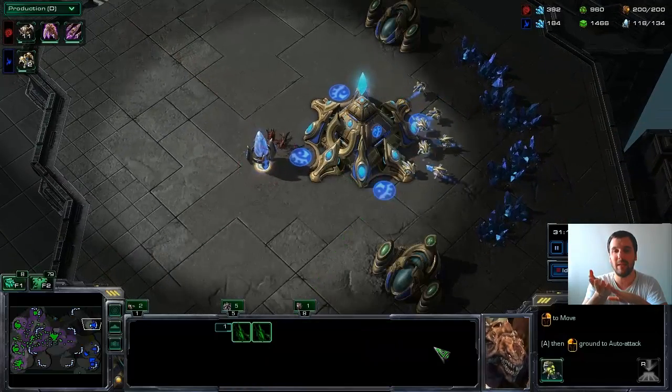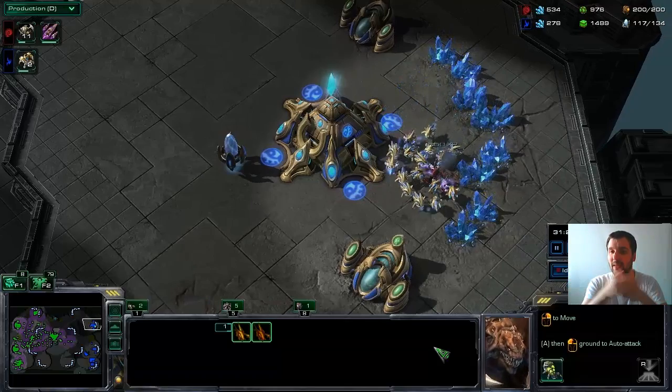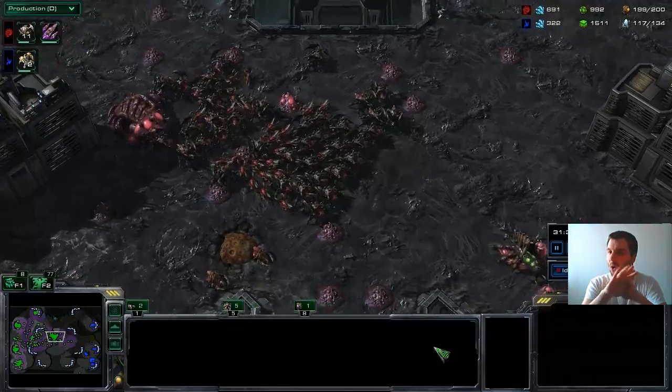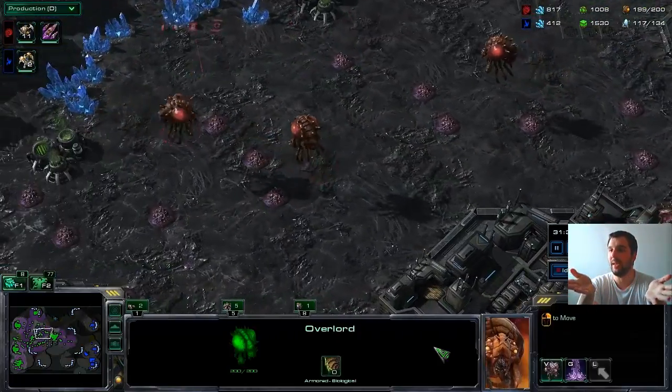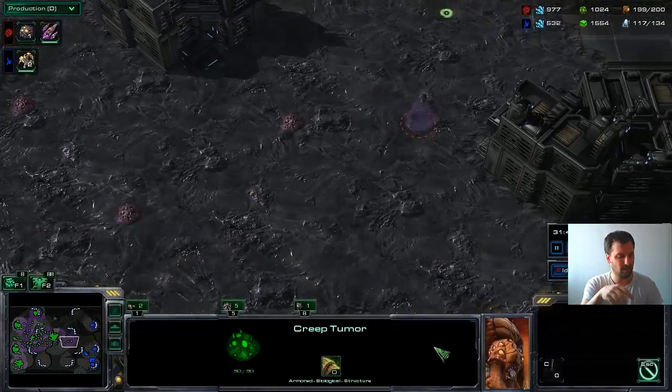And now he finds a base. If he found his base, I don't know, 15 minutes ago, he would have easily taken out that base. The whole economy would collapse and he would have easily won. He can still easily win. He has doubled the army. I don't really know the...